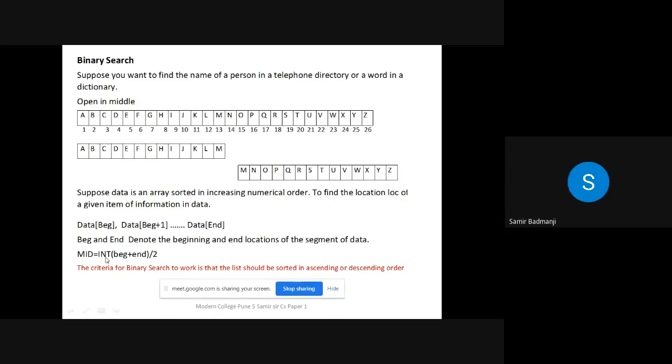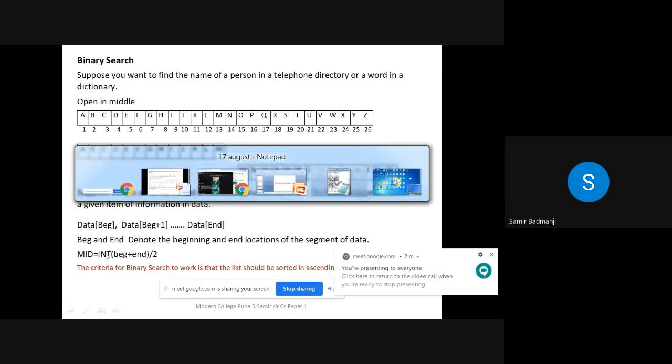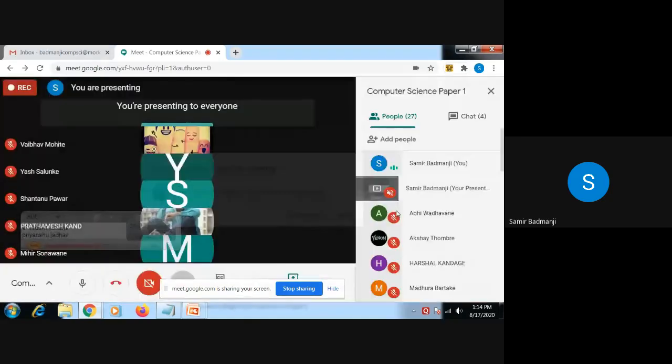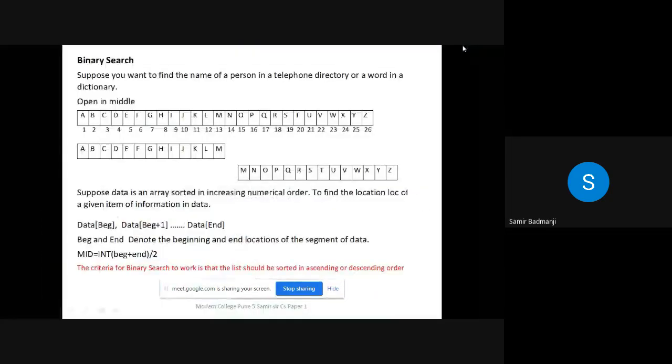So when you are using int, you have to ignore the decimal point, and the answer in mid will be 13. So mid is 13. What is at the 13th location? The data is M. So 13 means the midpoint.